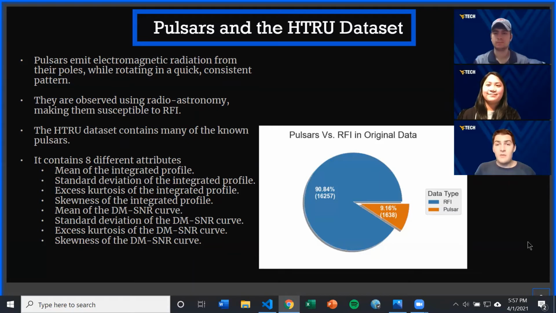Pulsars are dense, highly magnetized stars that emit electromagnetic radiation from their poles. This radiation is very concentrated and can only be detected when directed toward the Earth. However, the high rotational velocities of these stars result in their total rotation being measured in milliseconds. They are observed using radio astronomy, necessitating the use of radio telescopes, which are susceptible to radio frequency interference, or